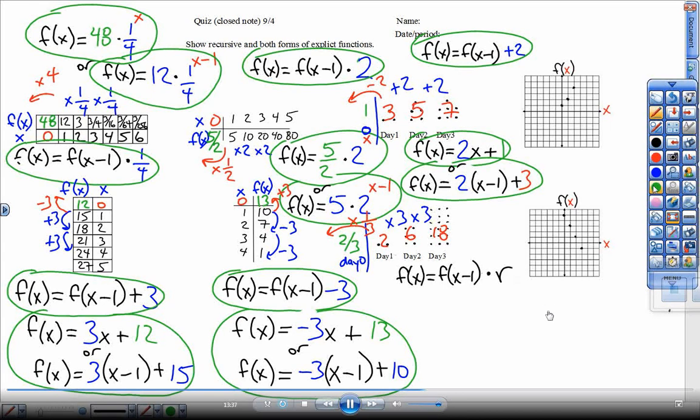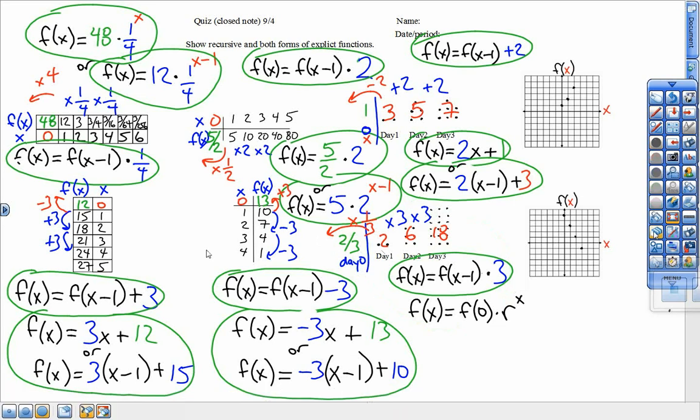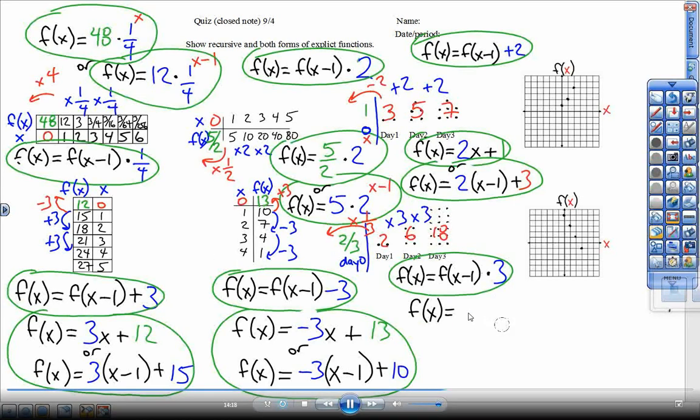So I'm going to replace that r with 3, which tells me the recursive form for this is f of x equals f of x minus 1 times 3. Or to find day 4, take the term before it, 18 times 3, 54. F of x equals f of 0 times r to the x. Replace that f of 0 term right here. Replace that 3 number right here, which gives me the explicit form used to jump ahead in the sequence as